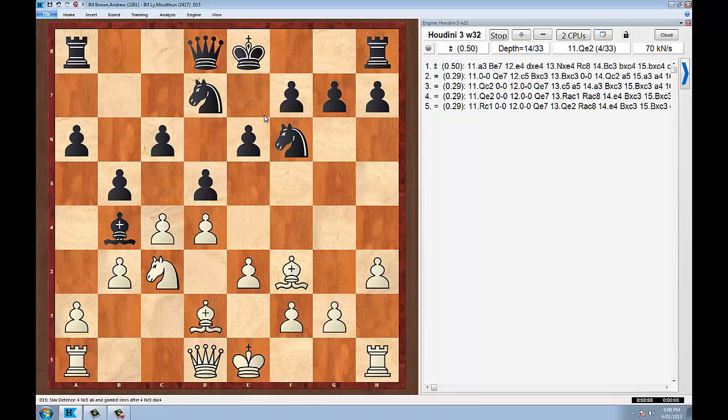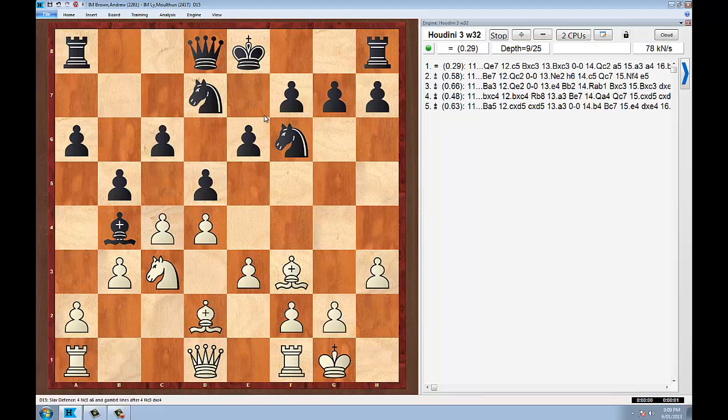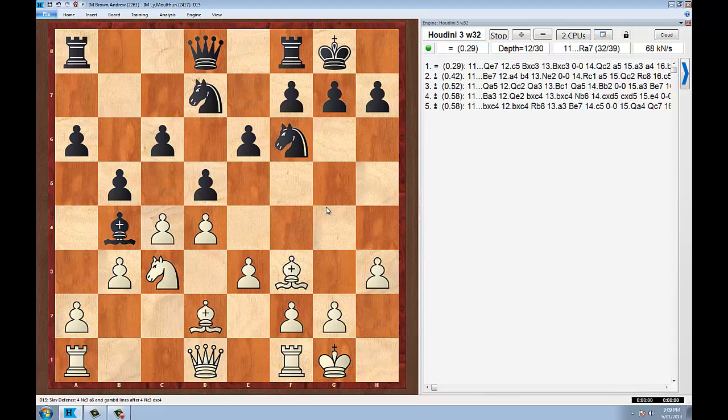How will white play? White decides to castle. Again, a sensible move. King safety, get the king into safety before moving the rooks. And now he's almost fully developed. He's almost got the queen off the back row, and black's almost fully developed as well. Black castles. Now, interestingly,